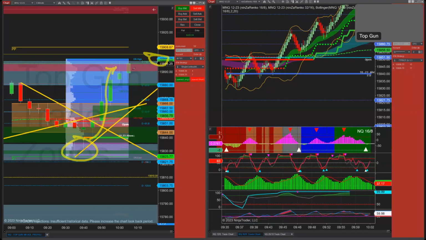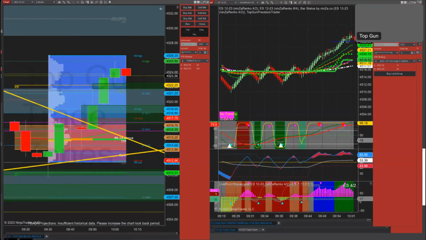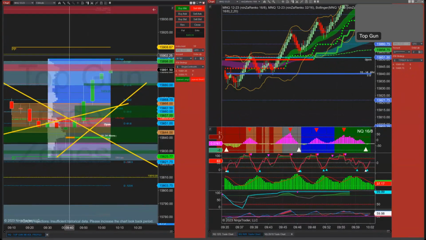So you'd be looking for a pullback to get long. Now, we could peter out in here. If you wanted to take a crack at a short in here, you want to be in the upper zone, probably from 95 to 900. Realistically, you'd probably be looking for a fib retracement or something. The problem with fading sometimes is people who try to do too much, you'll miss the bigger